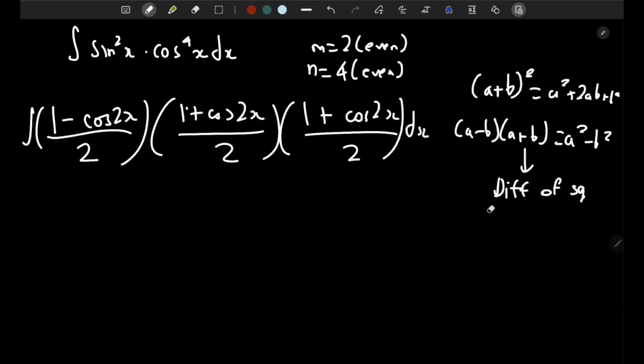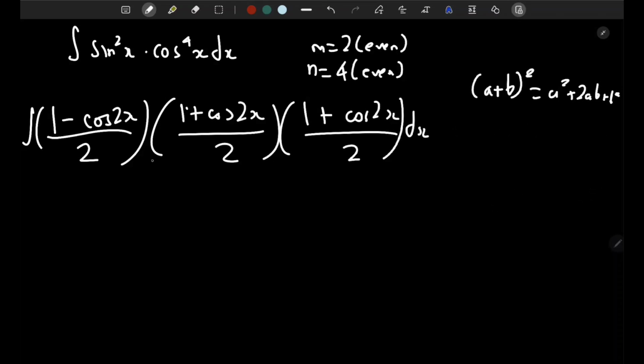So here we notice that we have to multiply these 3 times, so we can take 1 over 8 outside. If you notice, that is half into half into half, that's going to be half cubed, and we can take that outside. So 1 over 8 integration of,